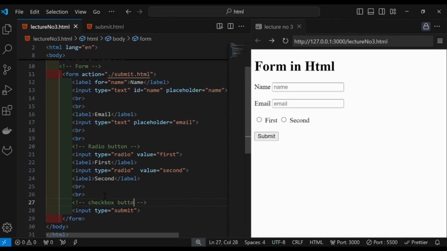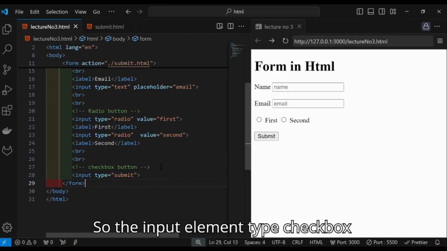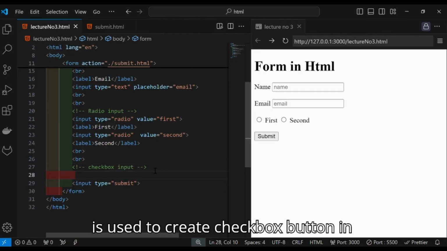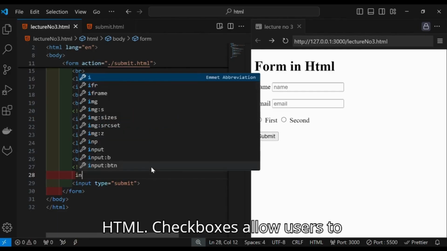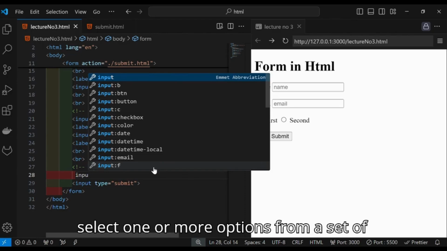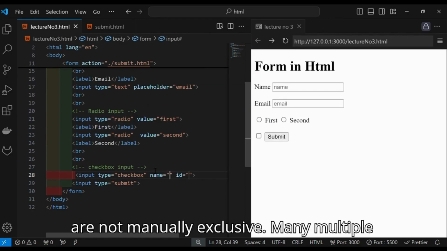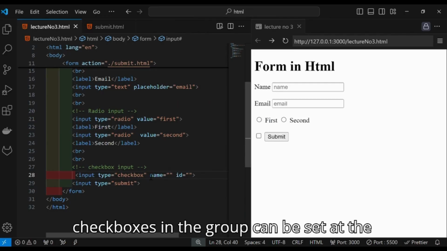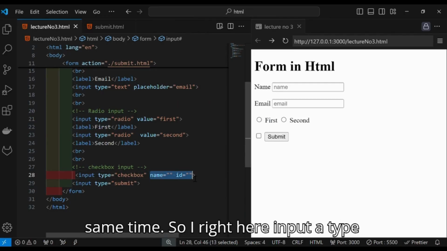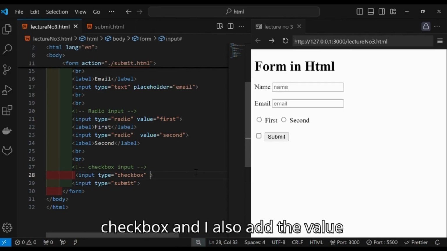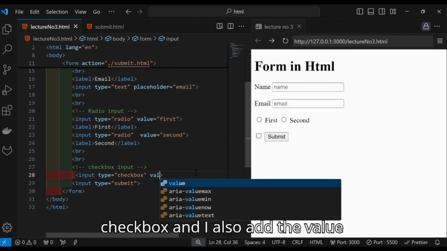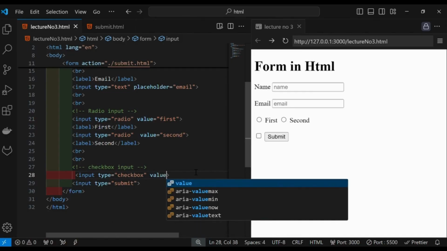Let's break the line, and then, the input element with the type checkbox is used to create a checkbox button in HTML. Checkboxes allow users to select one or more options from a set of choices. Unlike radio buttons, checkboxes are not mutually exclusive, meaning multiple checkboxes in a group can be selected at the same time. So I write here input type checkbox, and I also add the value, which is apple,